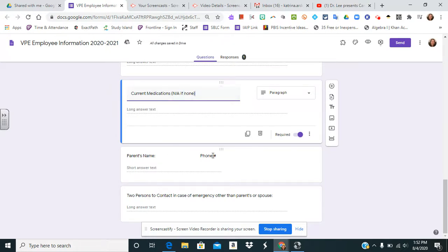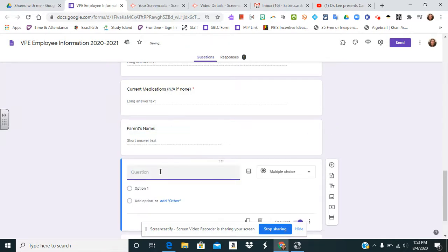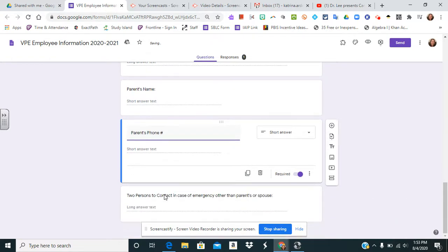Parent's name, same thing here. I'm not going to make it required because some individuals, they don't have their parents here. Actually, we'll leave it for now, but really there's no real reason for it. You have to get rid of all those spaces. Parents' phone number